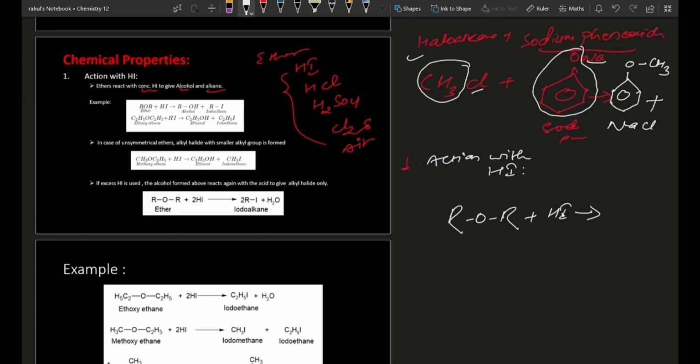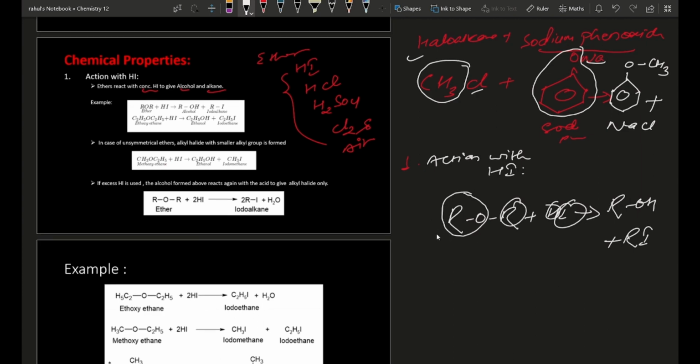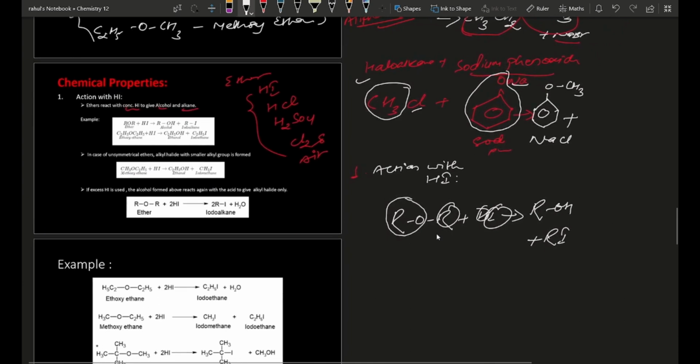So it gives this RO combined with this H to give ROH. बाँकी के भयो? This R and this I. So it gives RI. So यहाँबाट हामीले हेर्न सक्छौँ फर इक्जाम्पल C2H5O again C2H5. So this one is ethoxyethane or for common name diethyl ether plus